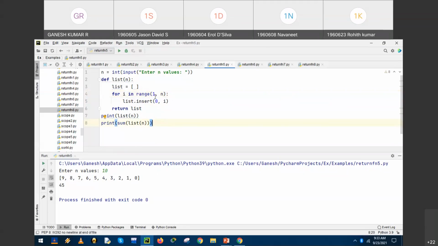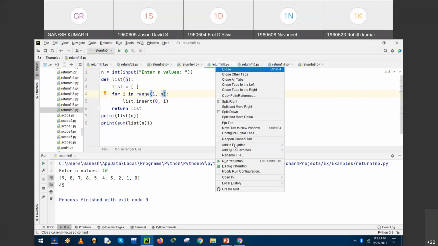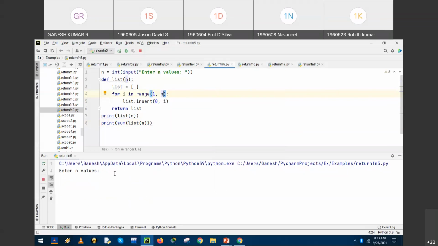Instead of 0, if we fix the range lower limit as 1, then we need to check the higher limit. So we are adding 1 to the lower limit, and hence the upper limit also should be added, n plus 1. If the range is defined as 1 to n, and we have entered the 5 values and assume it is 10, right? Yes, the lower limit has changed to 1, and n, it's up to n minus 1, that is 9.